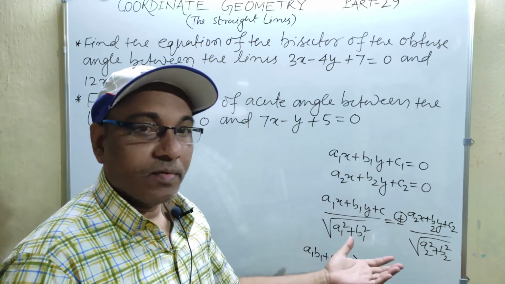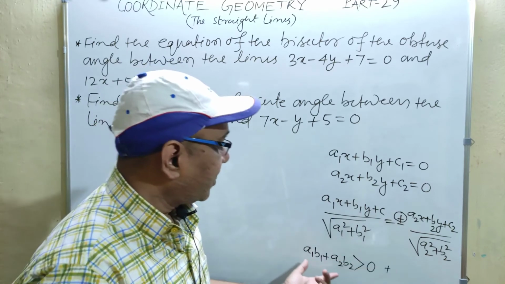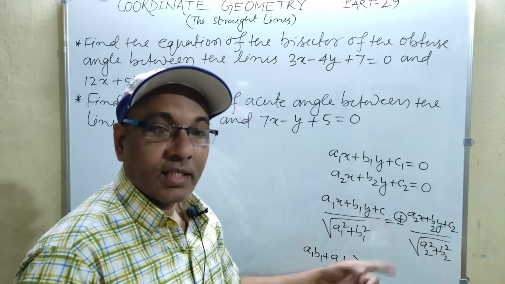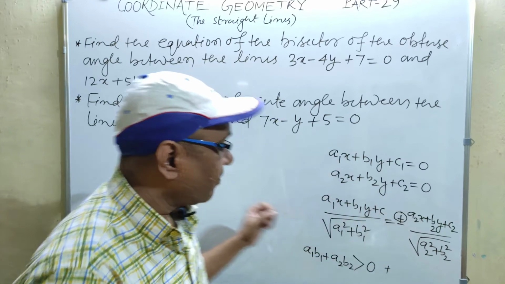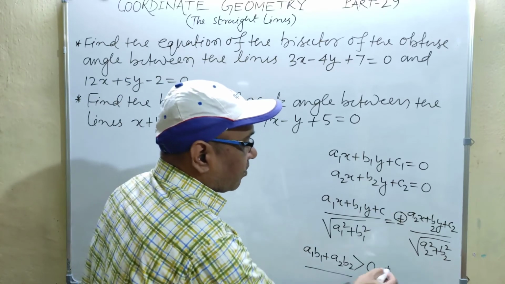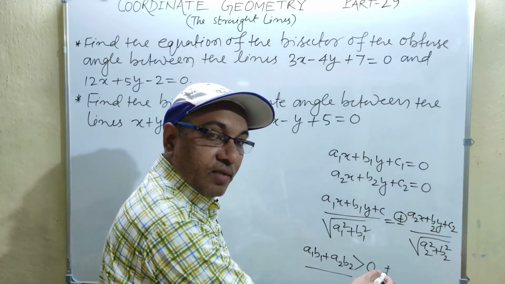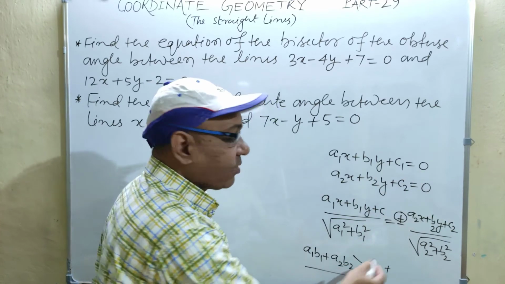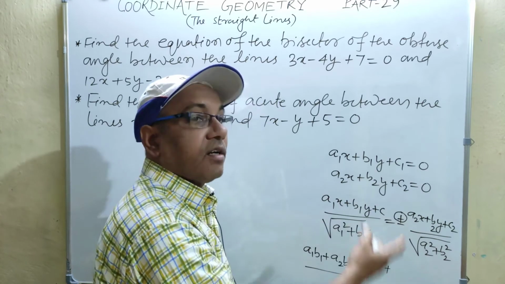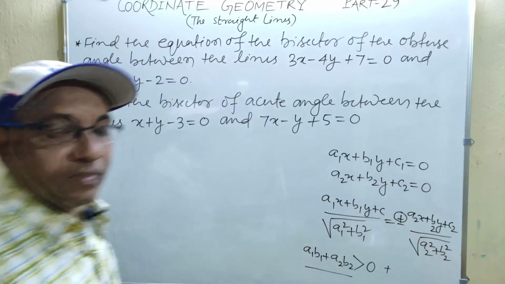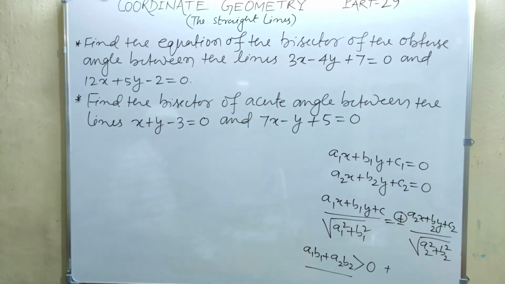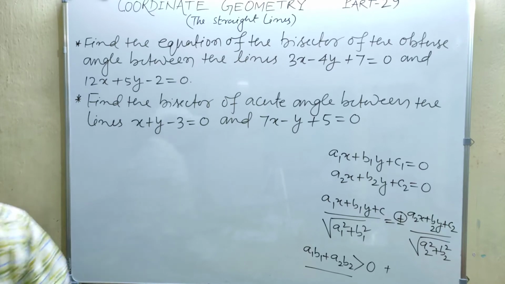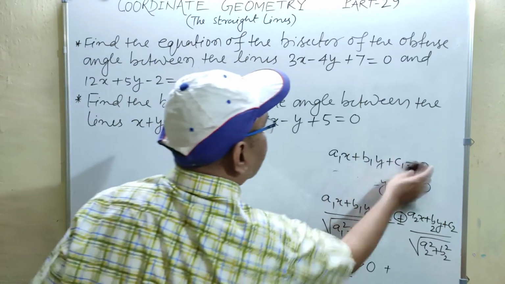And if this is negative, then the plus sign will give you the bisector of the acute angle between these two. ये अगर पॉजिटिव है तो प्लस ऑब्ट्यूस एंगल का बाइसेक्टर होगा और माइनस एक्यूट एंगल का बाइसेक्टर, और ये अगर नेगेटिव हो गया तो फिर ये प्लस एक्यूट एंगल का बाइसेक्टर होगा और माइनस ऑब्ट्यूस एंगल का बाइसेक्टर होगा. This we already discussed in the previous video. In this video, let us see two problems based on these results only.